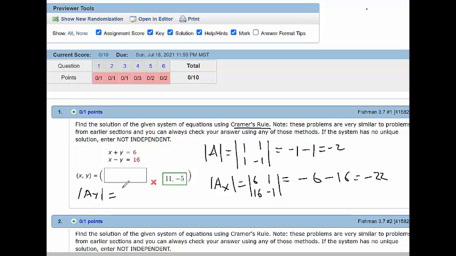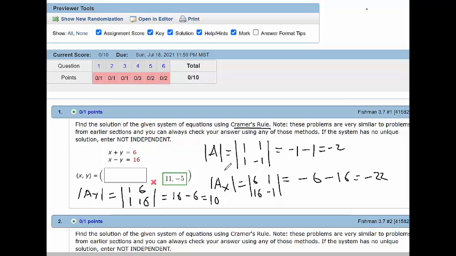What should I do? Y is my second column, so the first column I keep as it is. What will be the second column? It will be replaced by the constant column, right? 6, 16. And then what is the answer? 16 minus 6. This is 10. So I got A is negative 2,